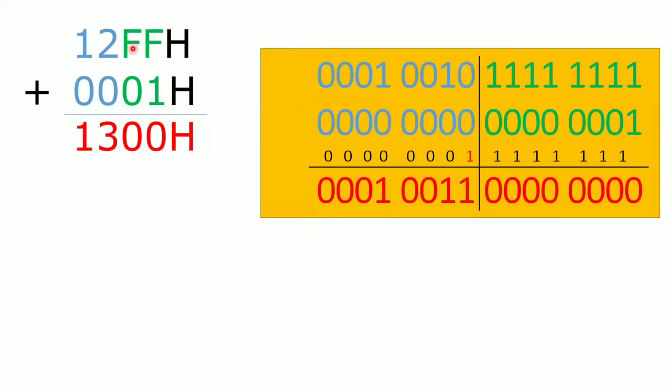Whenever you want to perform operations directly on 16-bit numbers, you cannot do it using your 8051 microcontroller. That's why you split the number into two 8-bit numbers. First, you perform the operation on the lower bytes. What is my lower byte? I have given some color to make you understand. So FF and 01 are the lower bytes of your 16-bit numbers, and 12 and 00 are the higher bytes. Whenever you perform addition, we always start from the right side, right? That's why we first perform operations on the lower bytes.